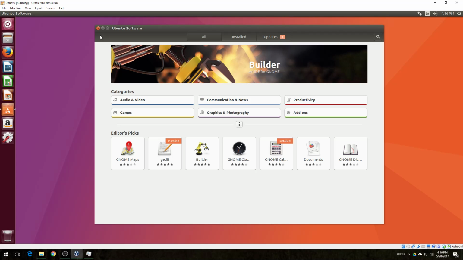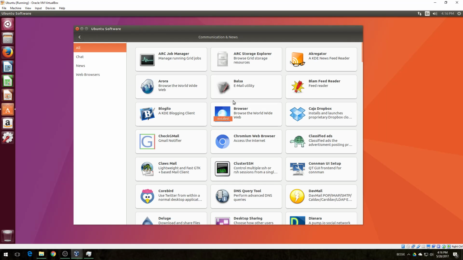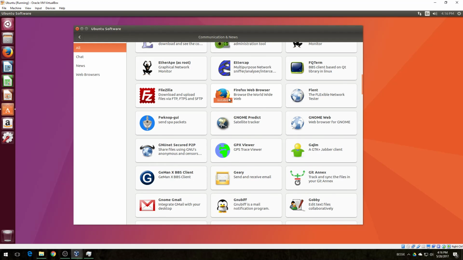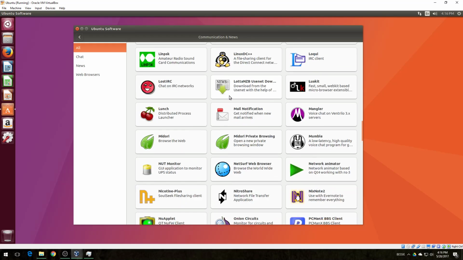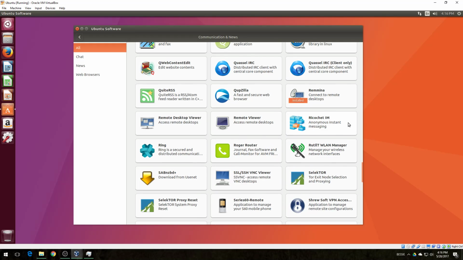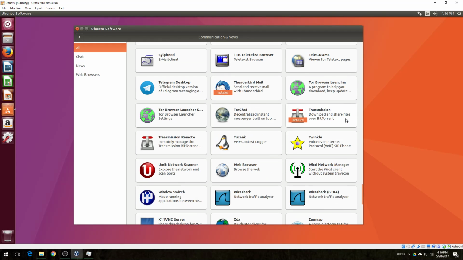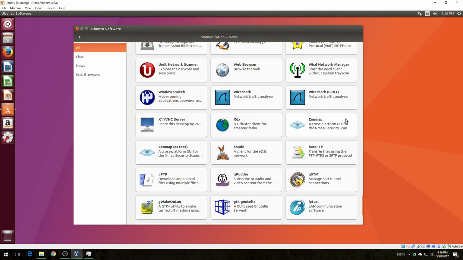I think if you were unfamiliar with Linux, you could use this to find software that would help you do whatever you're trying to do. But just scrolling down through here, there's a lot of junk in here too, so I'm not sure I'd want to use some of this stuff.